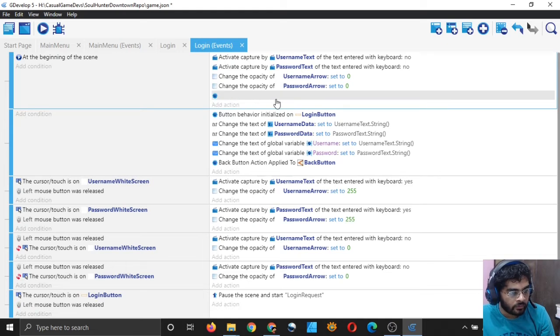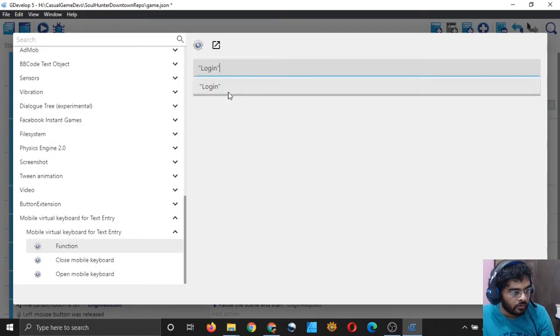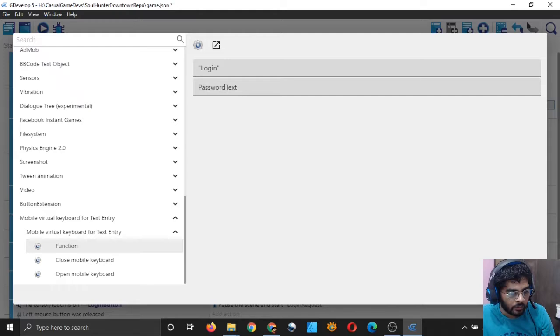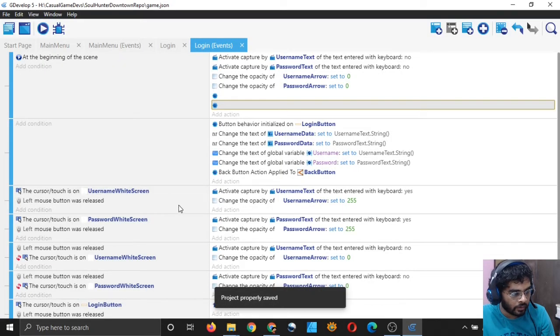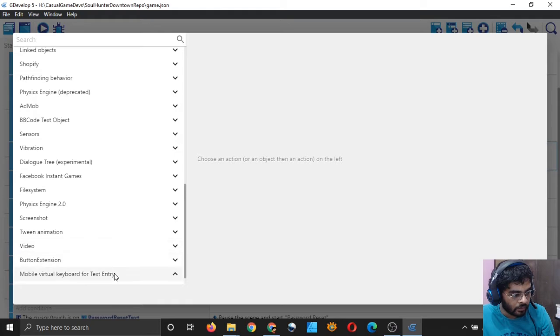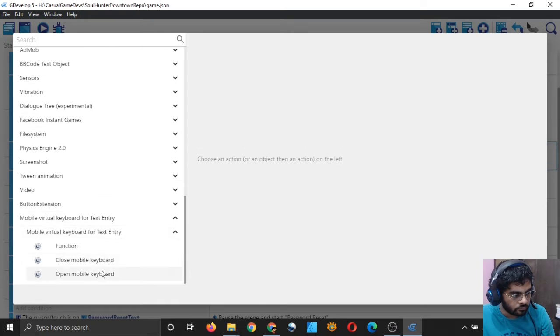So this was for username text, and I will add another one for password text. Let me just copy this and paste it here, and I will now do it for password text. Now it has been attached to both, and here I think now I can add the open the keyboard.